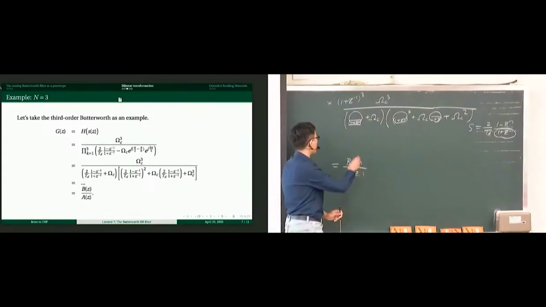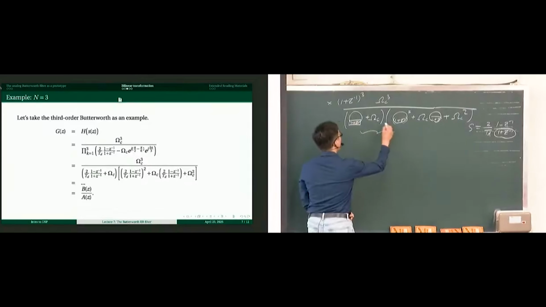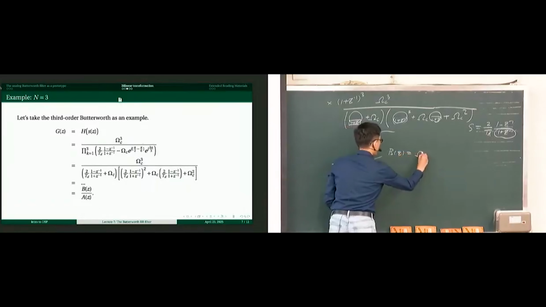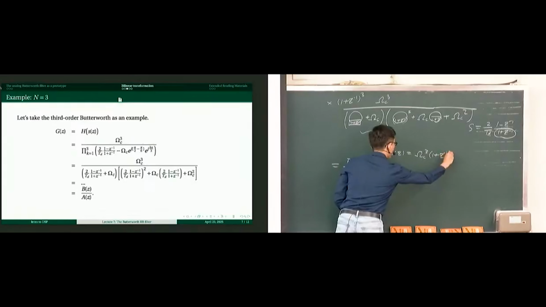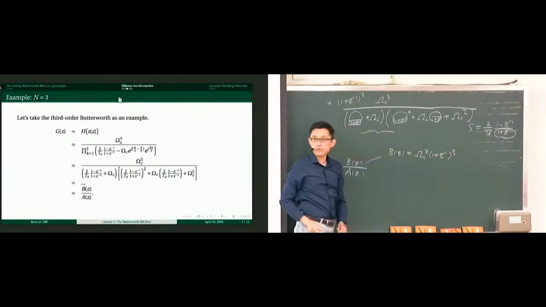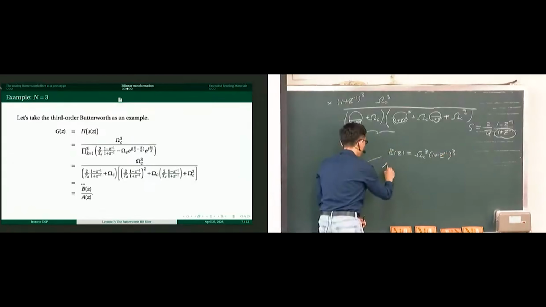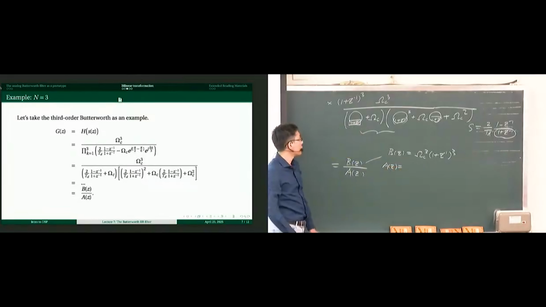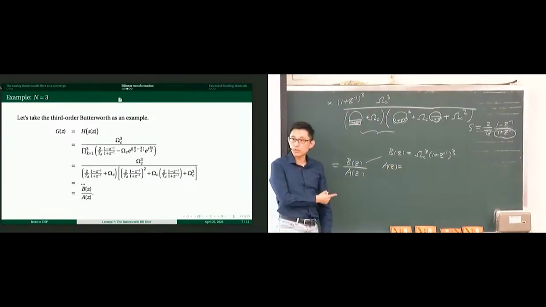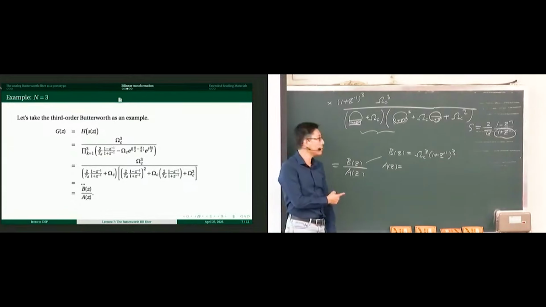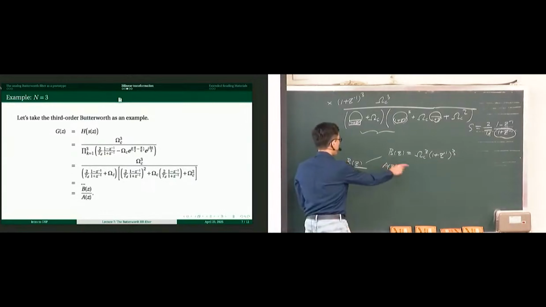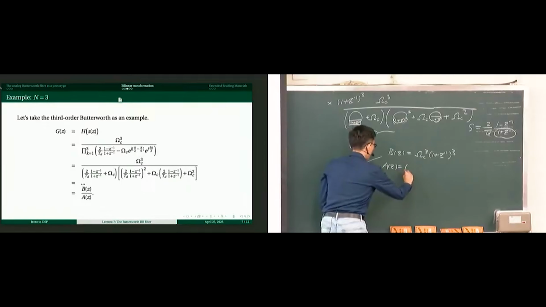After doing that, B of z seems to be just omega cutoff frequency to the third power times 1 plus z inverse to the third power. We get this, okay? But how about A of z? A of z, I will not find the final expression because your computer, MATLAB, can do it for you. MATLAB does it for you, but here the kind of derivation would